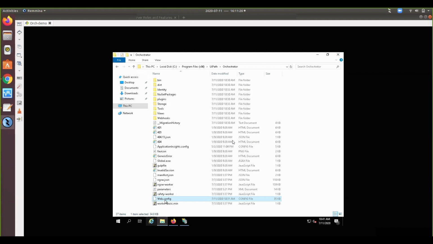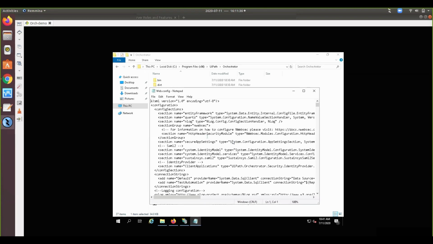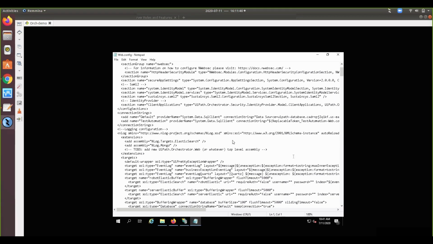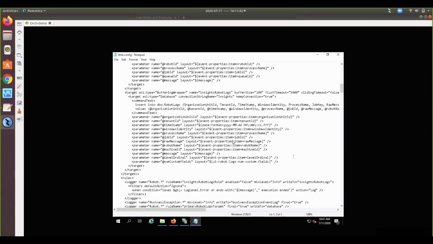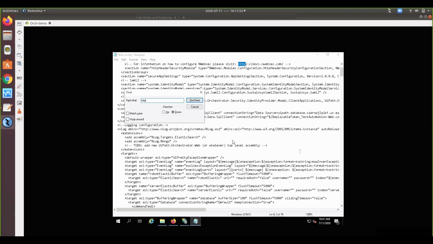And if I open the web.config file, you should be able to see all the settings for your required logging and authentication. So if you get any error while installing the Orchestrator, just enable the option to detailed.